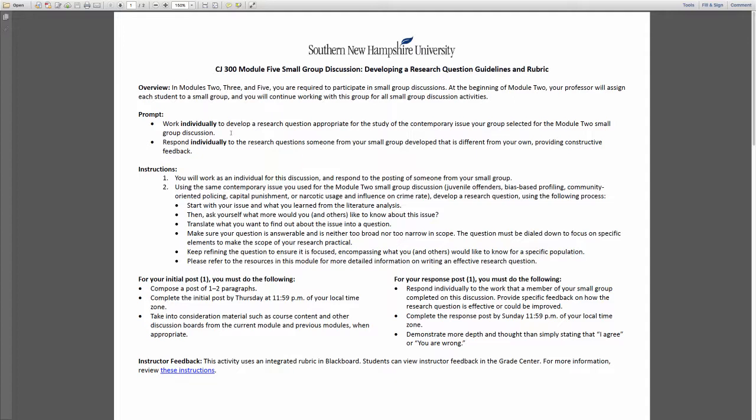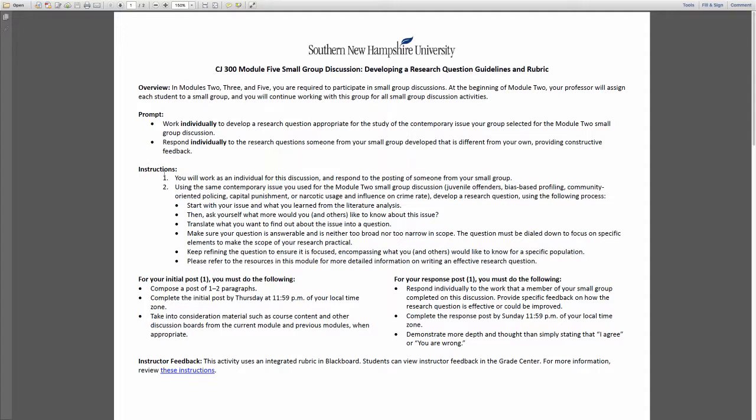So it's a group discussion again, you're familiar with that, except in your small groups. You're going to write your research question and post it, and then you're going to have to answer back about someone else's research question with constructive, helpful feedback. Okay, and I'm going to show you 5 steps on how to write the question, so it ought to be the feedback, one of those 5 things.